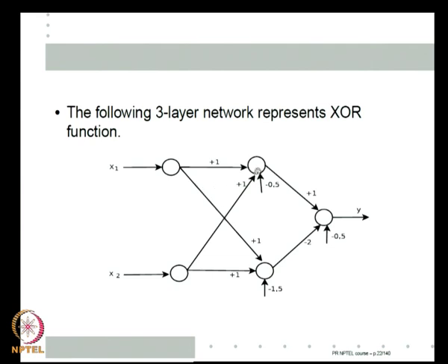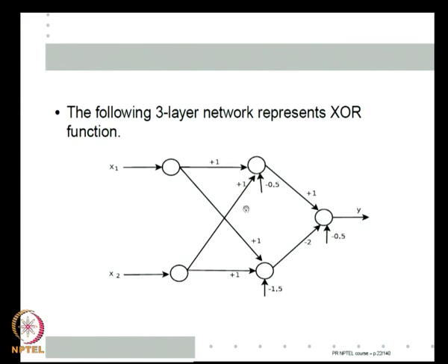Now, let us look at this. Here is one possible way. These are the input nodes, so they give you 1s and 0s here. Look at this hidden node: because both these weights are plus 1, it will get x1 plus x2. In this network we are using sigmoids for both the hidden nodes and the output node. Let us say if the net input is minus 0.5, we will assume that sigmoid is close to 0, and if net input is 0.5 or more, then the output is close to 1. That is all we want to get. So, if both x1 and x2 are 0, then the net input is only minus 0.5, so the output of this is close to 0.